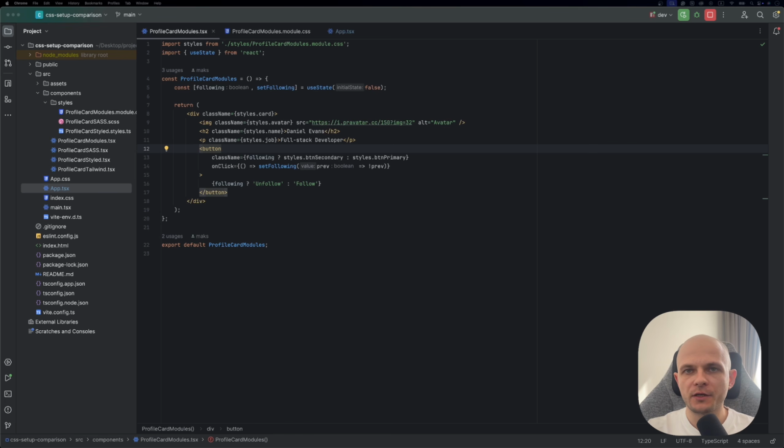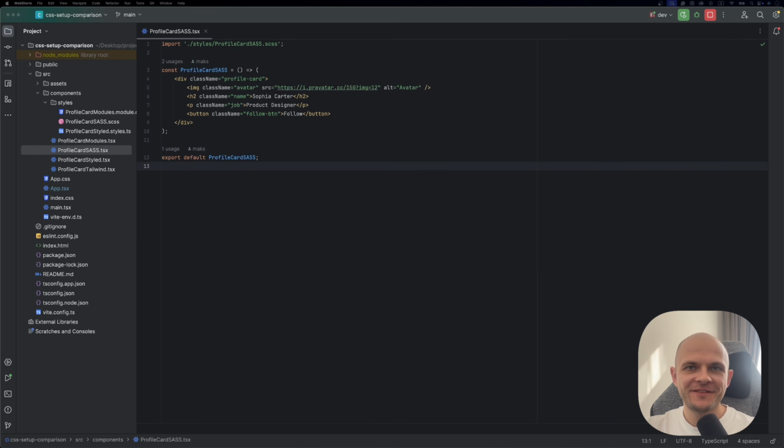CSS modules are ideal for mid-sized projects where you want straightforward, reliable methods to keep your styles isolated. This approach is well suited for teams familiar with traditional CSS workflows. And finally, we have Sass. Sass is a preprocessor that extends CSS with variables, nesting, mixins, and functions, essentially giving your style sheets the